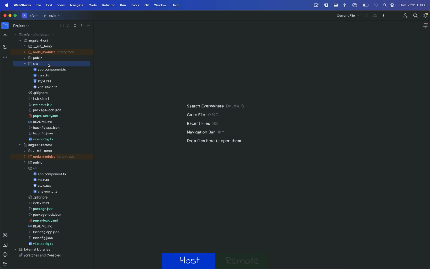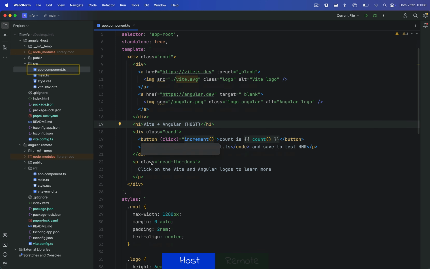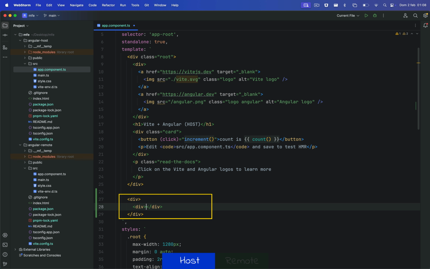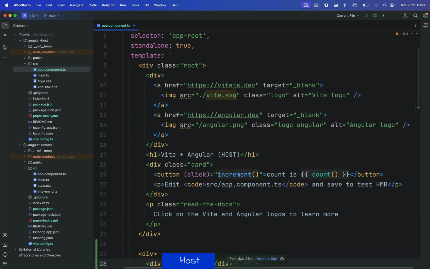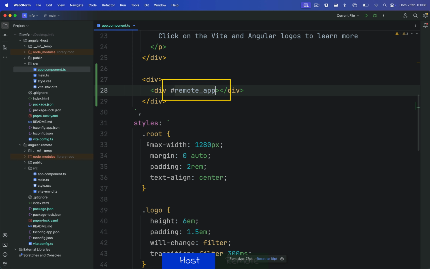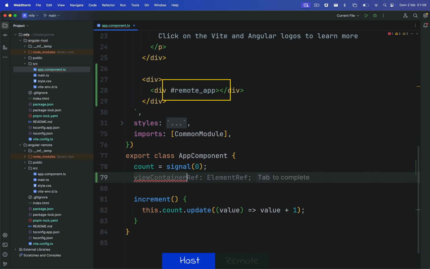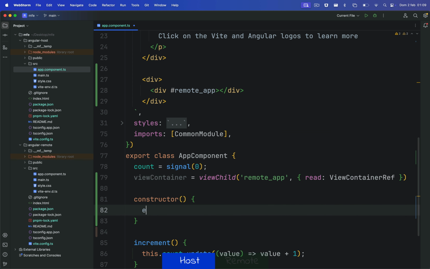Open the component in which we want to load the remote application. In our example, we use app component and we insert a div element that acts as a placeholder to define the right location where we want to display the remote application. We assign a template reference variable to identify this element and get its reference through the use of the viewChild function. The effect will be automatically invoked when the viewChild is populated and the viewContainer property is available,